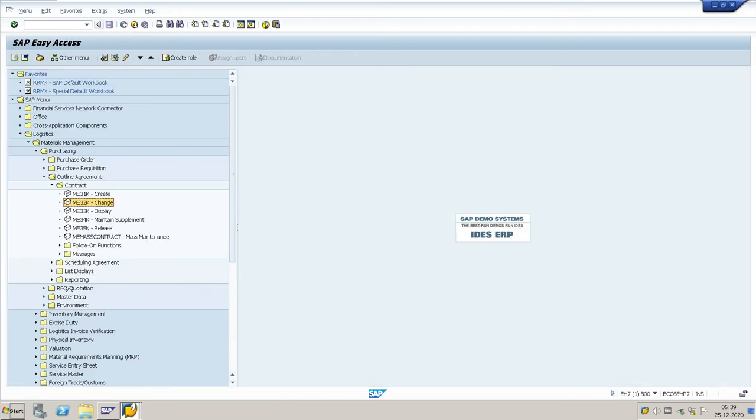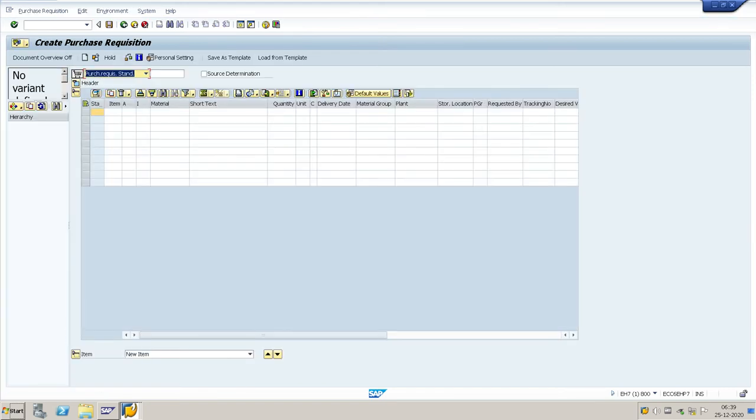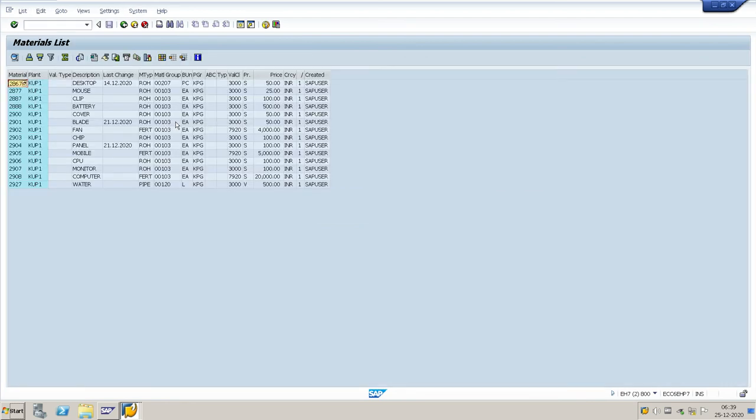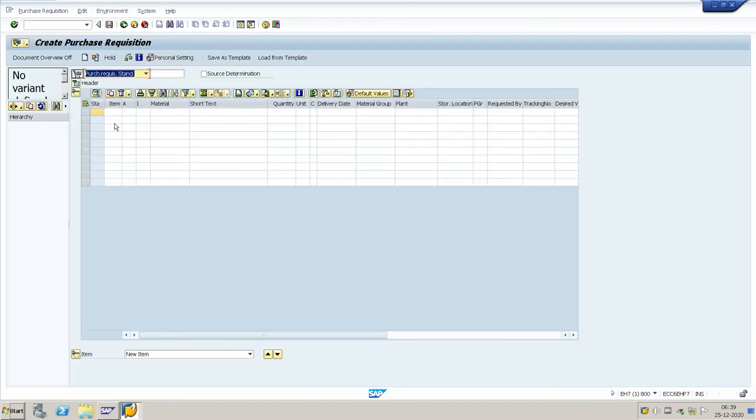So now we create one purchase requisition, ME51N. Storage location 201.